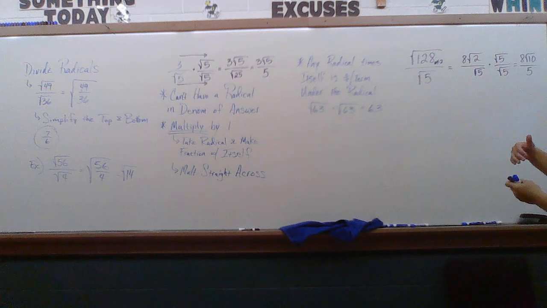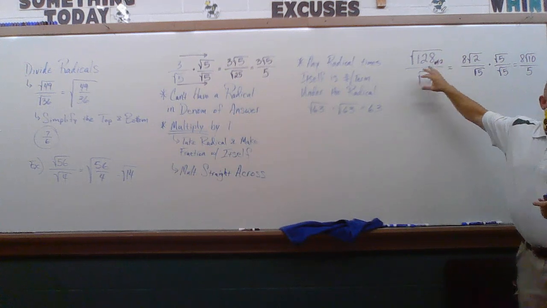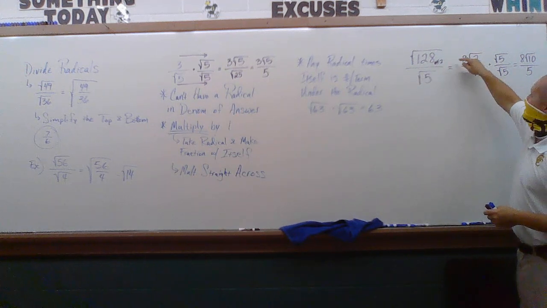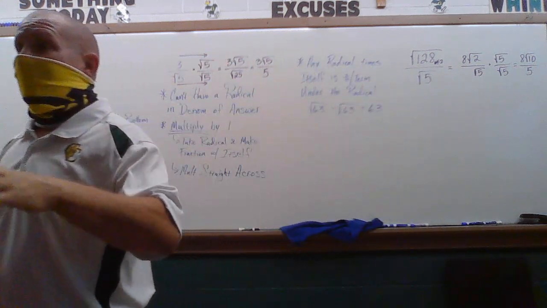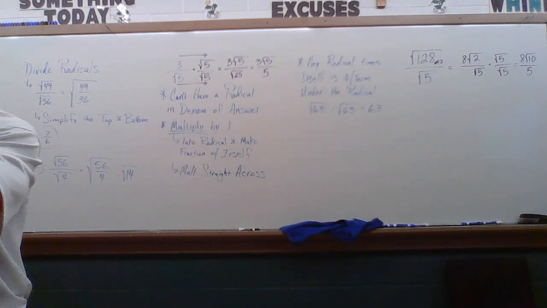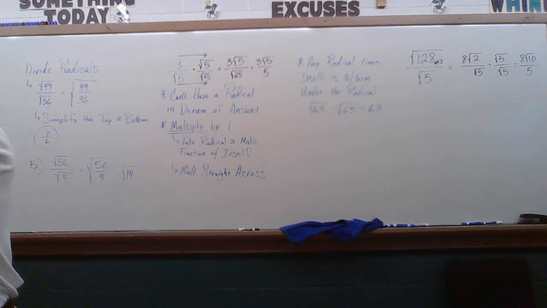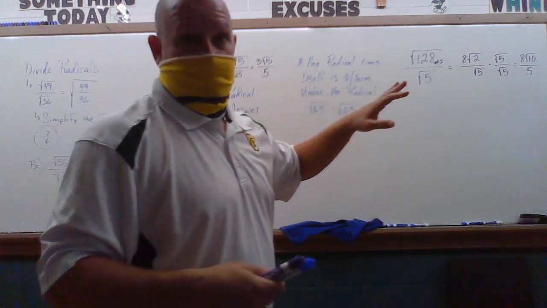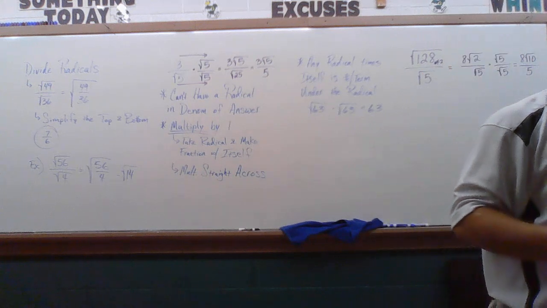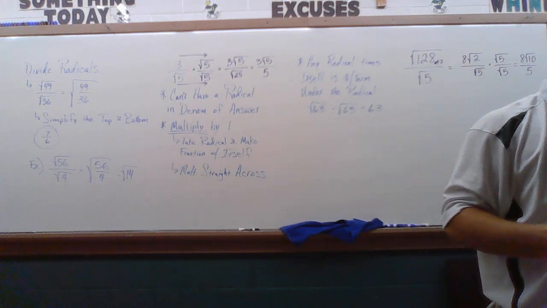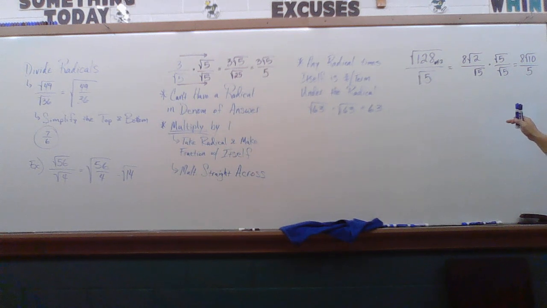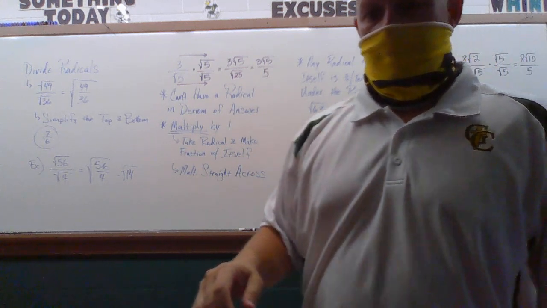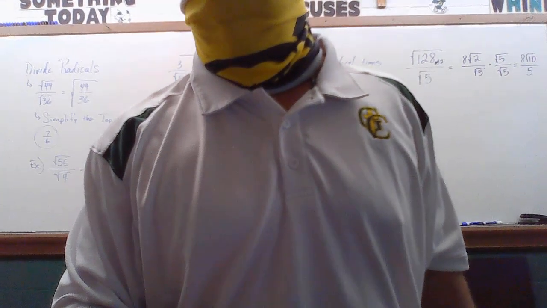Okay, now, if I would have broken this down, I could have done this first part by just taking the square root of 5 times the square root of 5, or over the square root of 5. But then I would have had it done 128 times 5. If I don't have a calculator, that could be a challenge for some of us. Okay? Questions with that? I know this is going to break your heart, but we're not done yet. So we don't have a